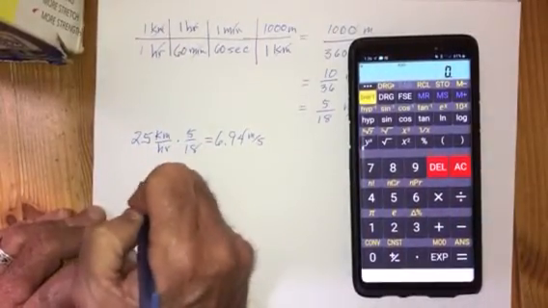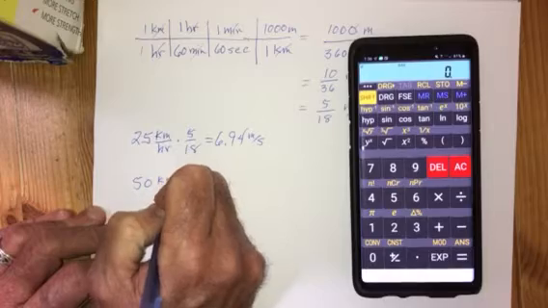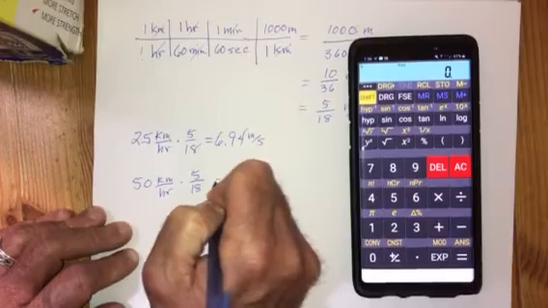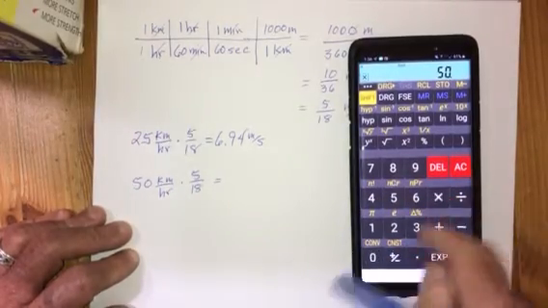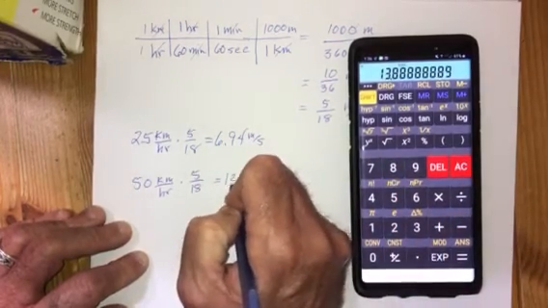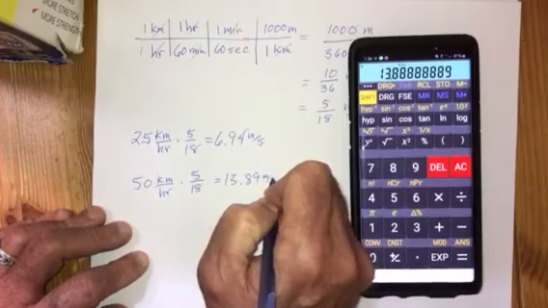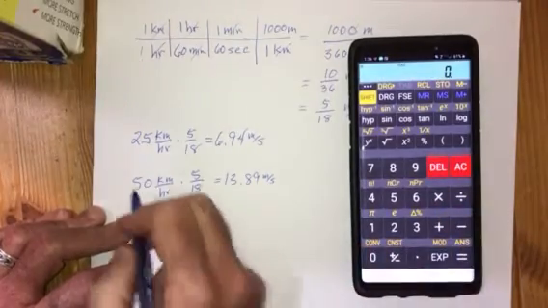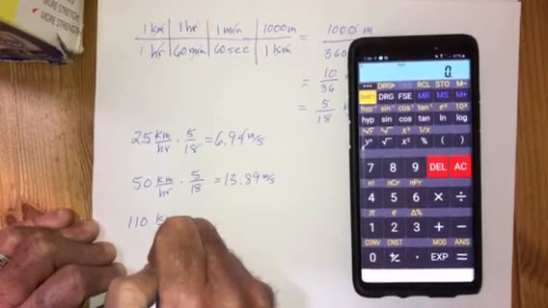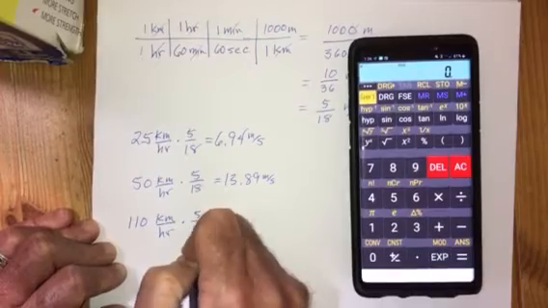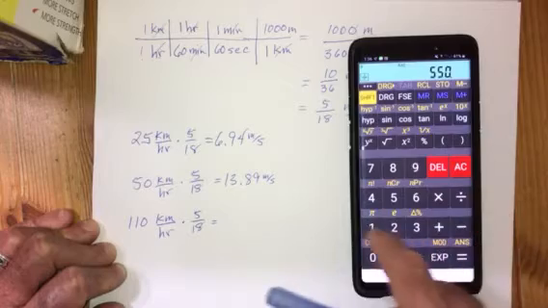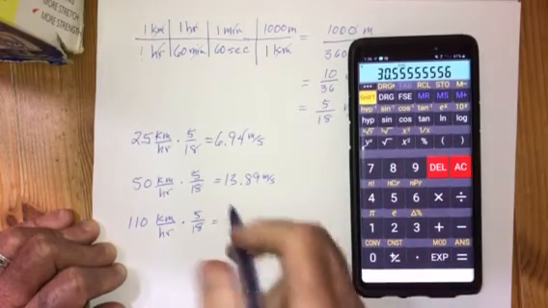Another example would be something like 50 kilometers per hour. We'd also multiply that by 5 over 18. So 50 times 5 divided by 18 is 13.89 meters per second. One more example, suppose we had 110 kilometers per hour. Multiply that by 5 over 18, and we get 110 times 5 divided by 18, and that turns into